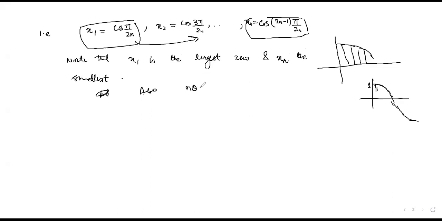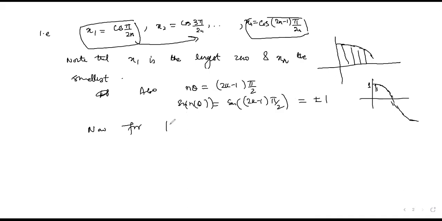Also, n theta, since it is equal to (2k minus 1) into pi by 2, it means sine of n theta would be equal to sine of (2k minus 1) into pi by 2, and at odd multiples of pi by 2 the value of sine is either +1 or -1. Just to remind that, right? Now